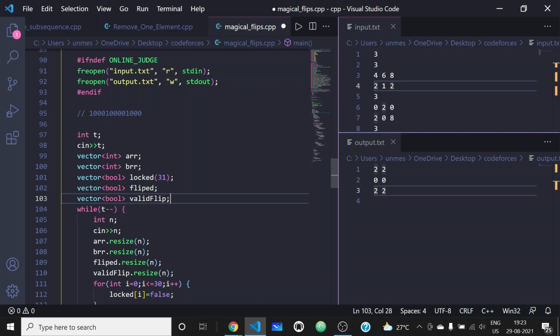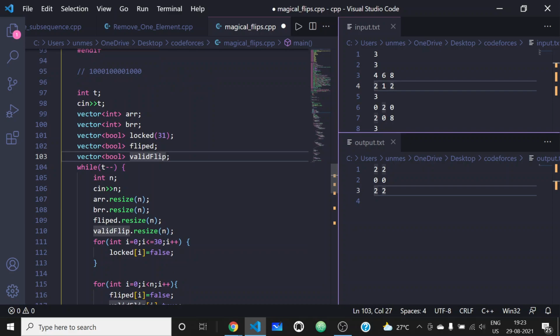So this valid flip will be calculated for every bit. It will be calculated for this bit, and this bit, and we will be using the previous resultant bit and the values of the back faces to find this. So we will have a look at how I have done this.